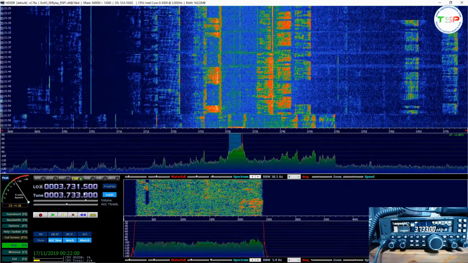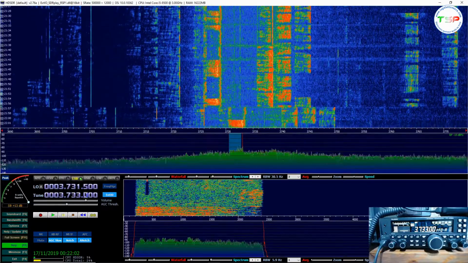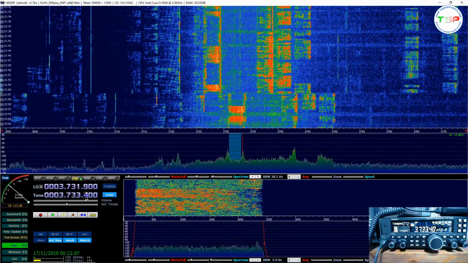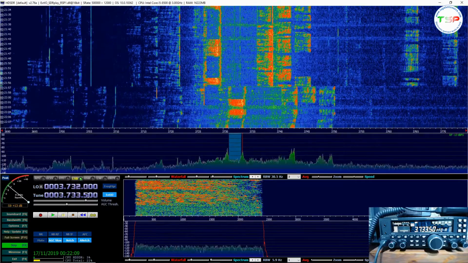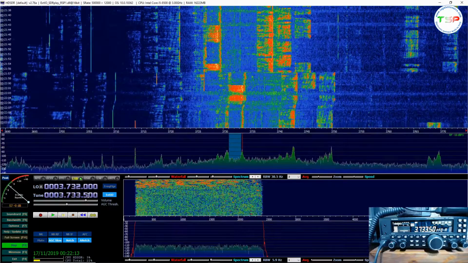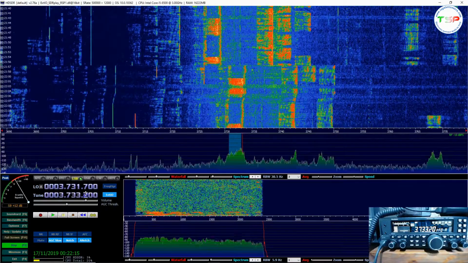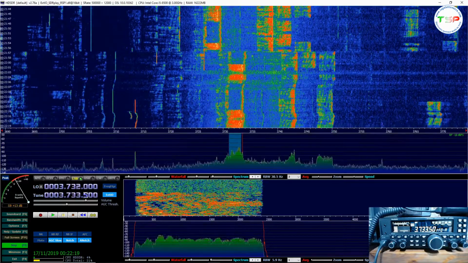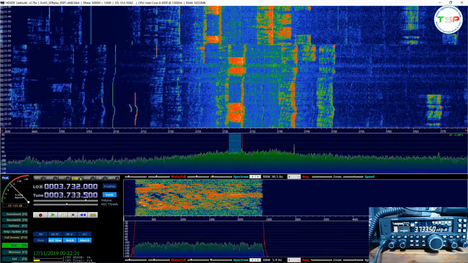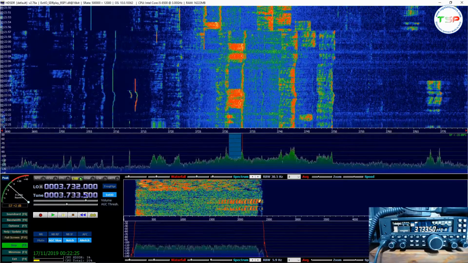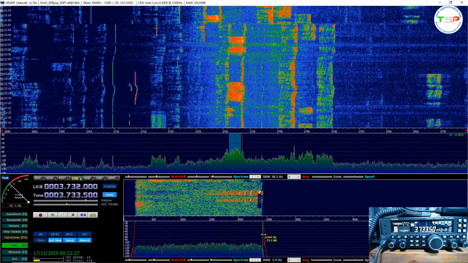You see, now I move the frequency. I'm a little bit offset, but it's easy to tune. With the mouse, with the wheel of the mouse, you can change the frequency. Okay? Okay, this is the station, the Italian station calling. And I can have also the digital filtering, so